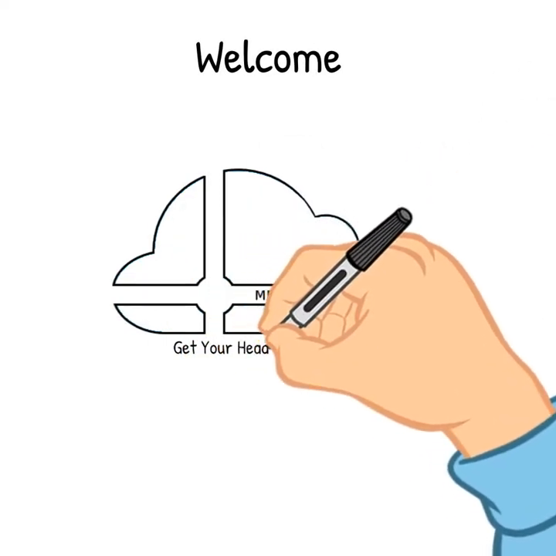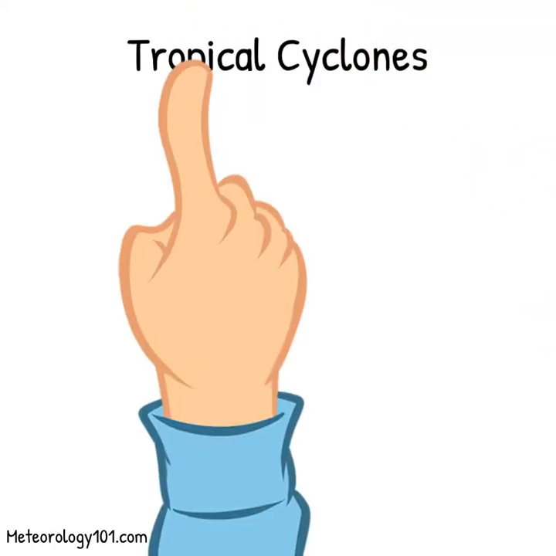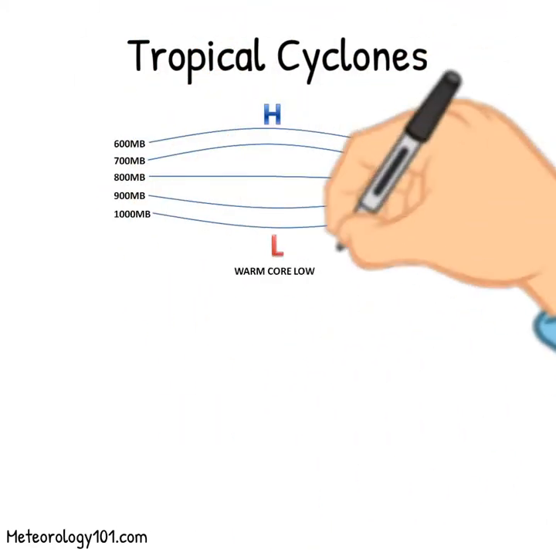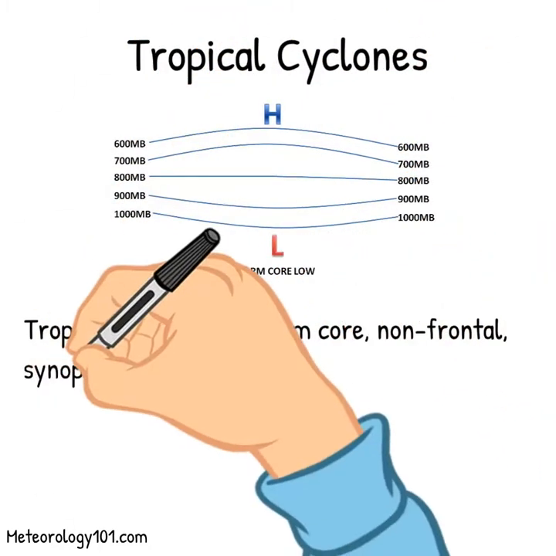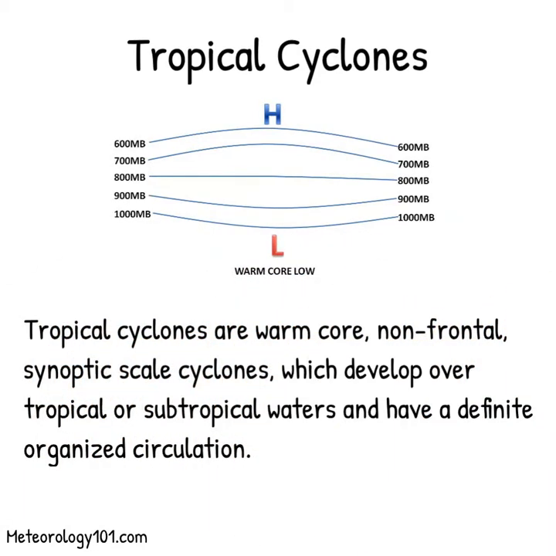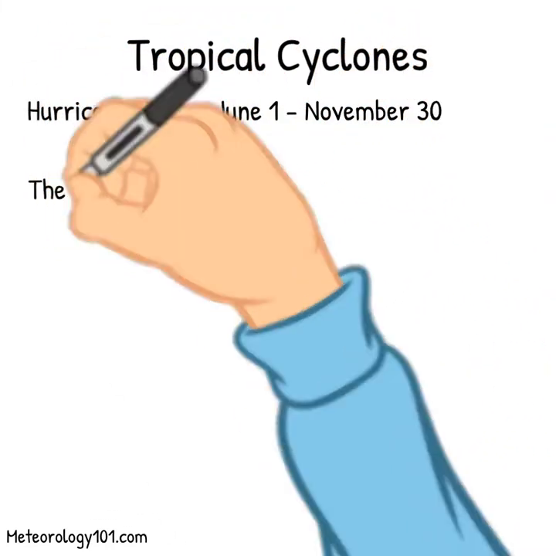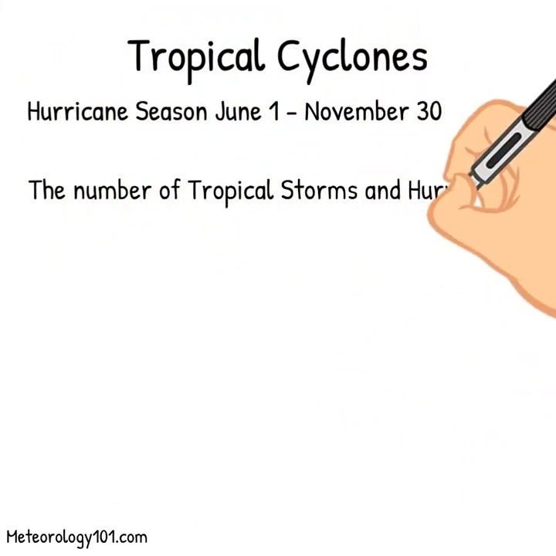In this presentation, we are going to look at tropical systems. Tropical cyclones are warm core, non-frontal, synoptic scale cyclones, which develop over tropical or subtropical waters, and have a definite organized circulation. The number of tropical storms and hurricanes increases substantially in August, peaks in mid-September and decreases towards a